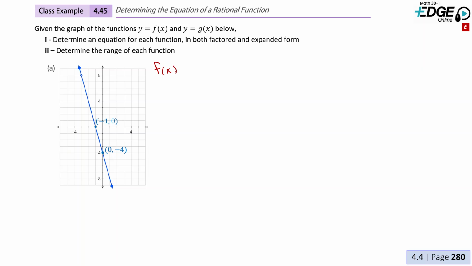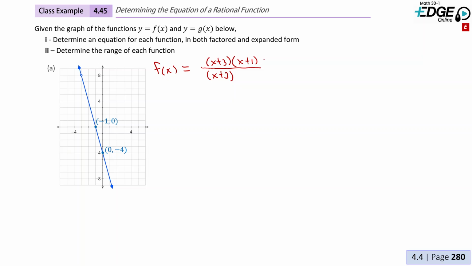So let's say f of x is equal to, and then I'm going to split this up between the numerator and the denominator. And then I'm going to focus on this point of discontinuity first. So if there's a point of discontinuity at x is equal to -3, then there must have been a factor of x plus 3 in the numerator and in the denominator because they canceled, right? Next, I have an x-intercept at -1, which means that I would have a factor of x plus 1 in